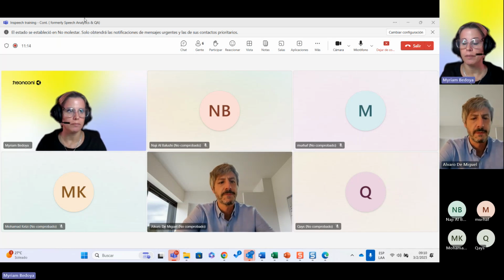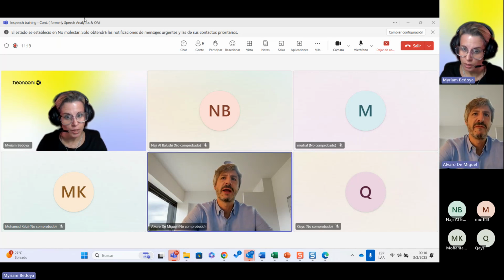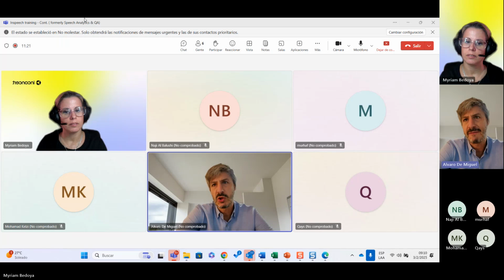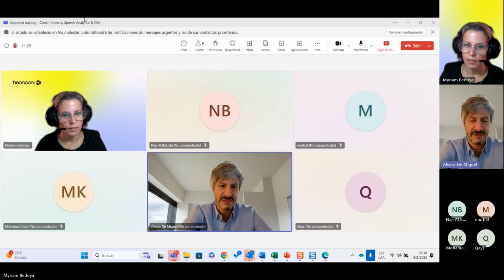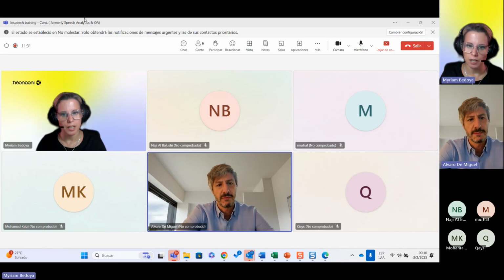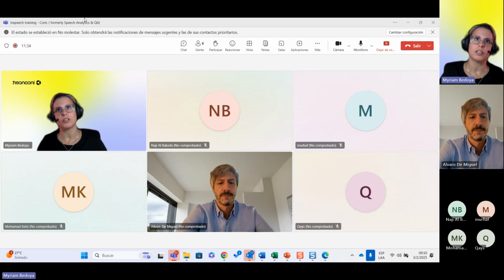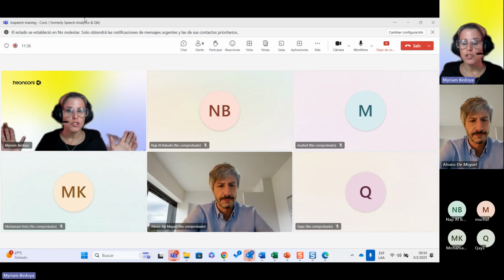Creating a new environment for a client. Is that what you're looking for? Not a new environment. I mean, assuming you have an OCC and a BCC already created, yes, setting up the quality management configuration for that specific BCC. Yes, but that is part of the scope, because actually what you have to do to